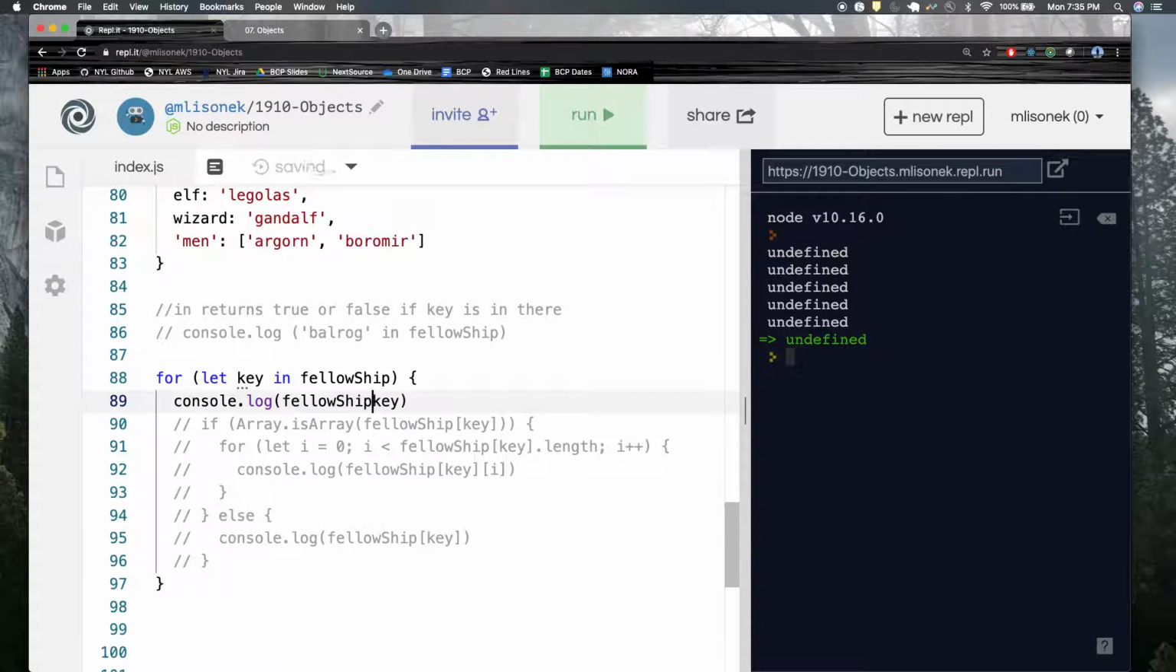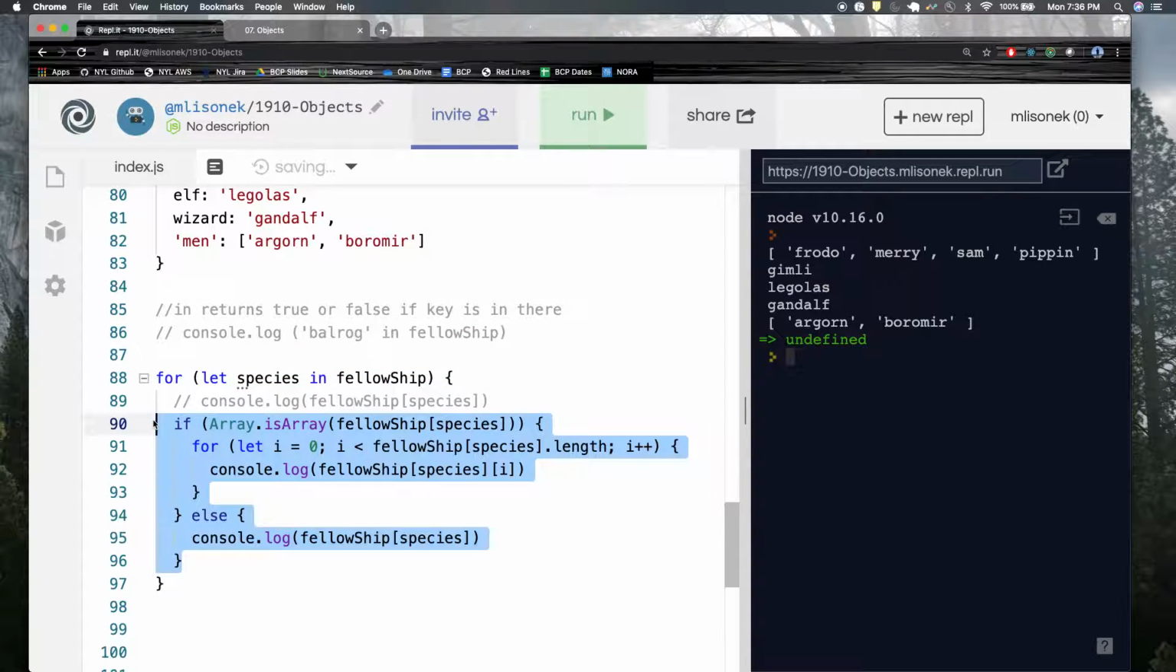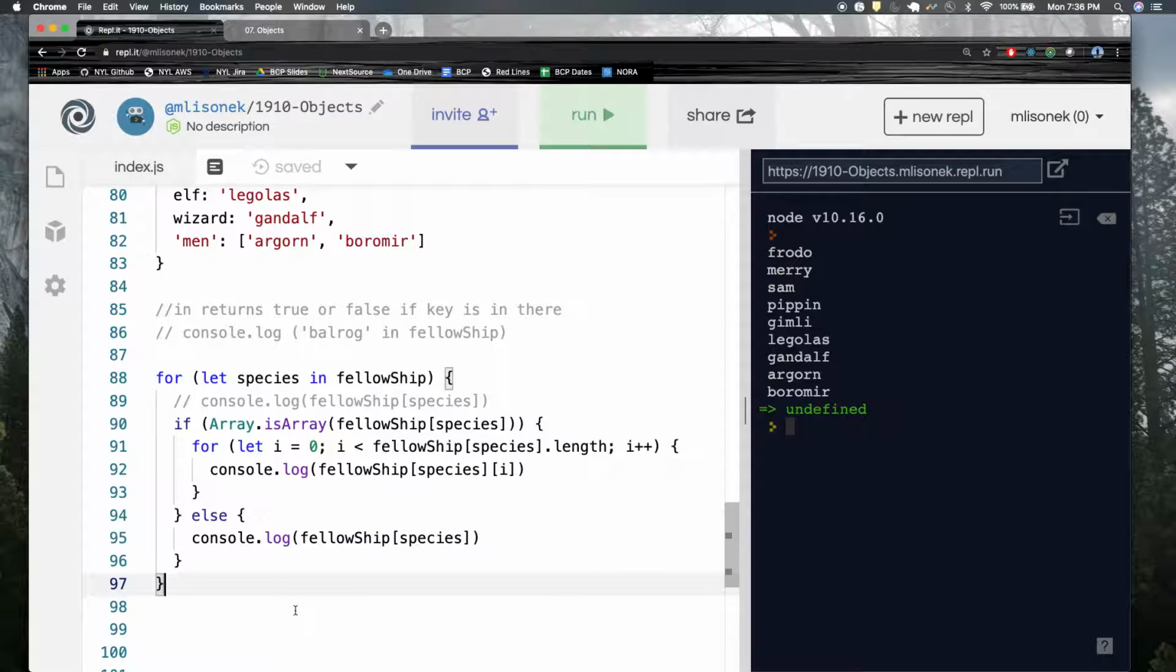So we use bracket notation because, like the i in a for-in loop, the key or whatever this is, I can call this species, right? It'll be the same thing. It's just declaring a variable name that will always be something different in each iteration of the loop. Okay? So we check to see if Fellowship at species, the object at key at that point in time,